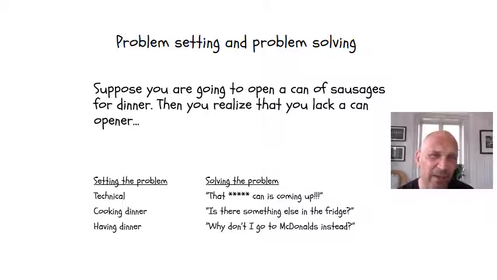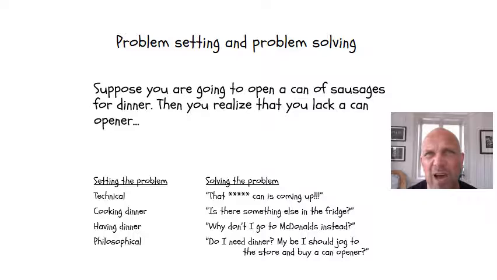But again, you can actually continue this process, because I said it was 8 o'clock this evening. And at 8 o'clock this evening, to me, what is really the problem? I won't have to eat for probably up to 2 weeks, as long as I get some water. So it's not really a crisis here or anything, which means I can set the problem totally differently. I can start thinking about, why am I alone in my house having to eat a can of sausage at 8 o'clock? Maybe I have a social issue. I should have some friends and meet them for dinner or whatever.